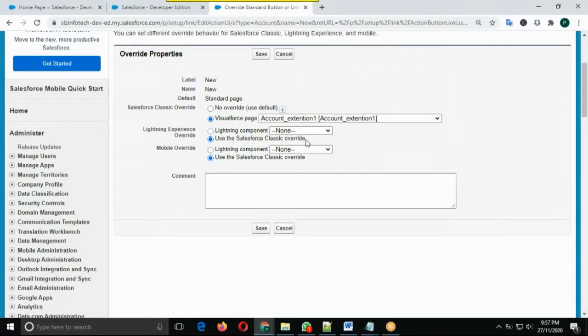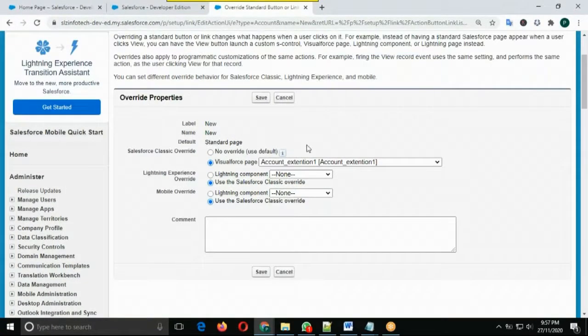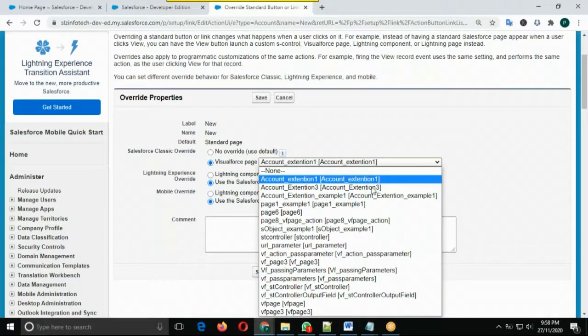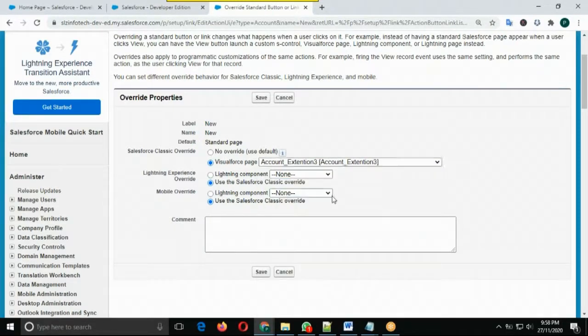So here we can override the properties. We want to override the properties. So for Salesforce Classic, override with the Visualforce account extension. We have account extension 3, Visualforce account extension 3, and the Lightning options.